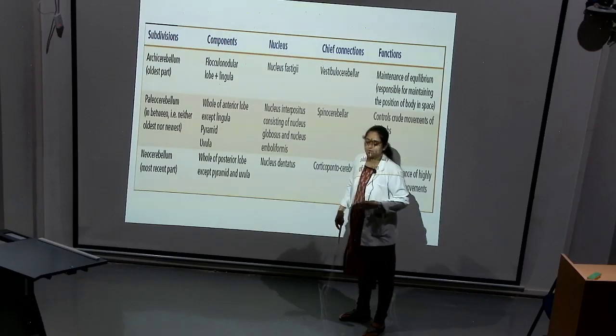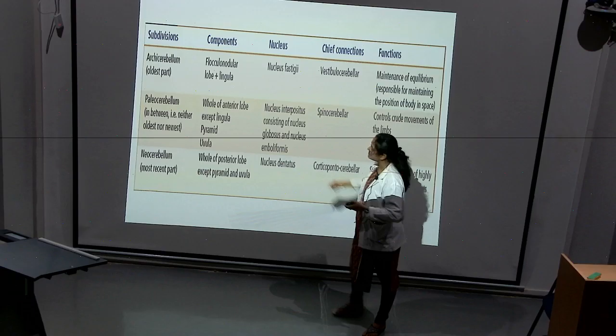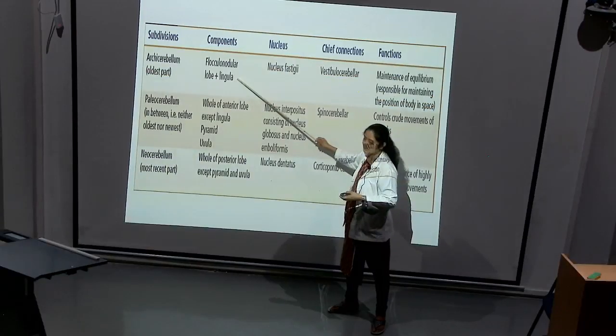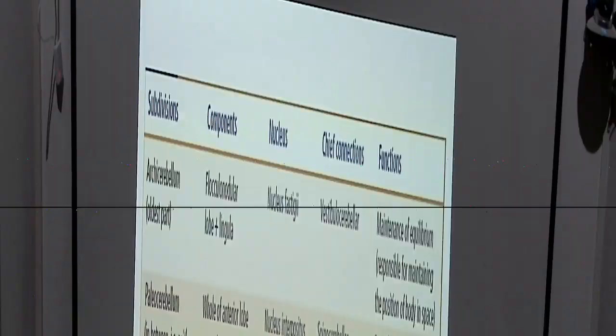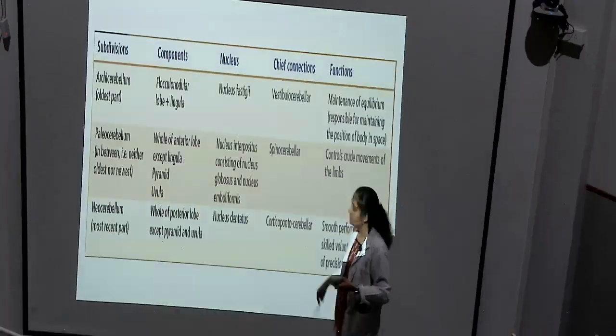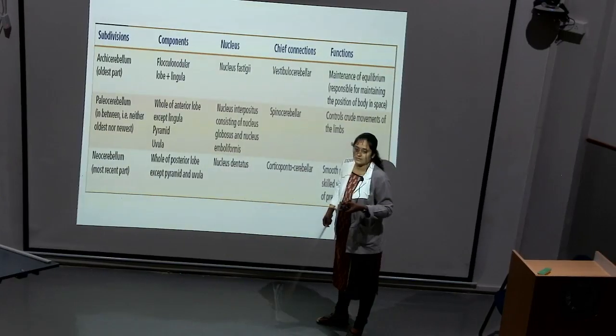Okay. So now the components or what represents these lobes are: the archicerebellum is represented by the flocculonodular lobe and the lingula. All of these morphological subdivisions have connections with the deep cerebellar nuclei. So the four nuclei are the nuclei